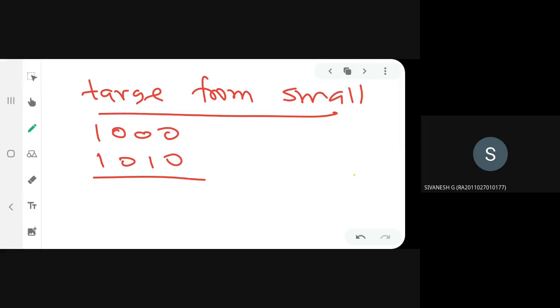Next case: what if we are to subtract a larger number from a smaller one? Again, you are being given two numbers. Which one is larger and which one is small? The second one is larger. This one is a smaller number. So I am trying to subtract a larger number from a smaller one by 2's complement, not by 1's complement. Again, I will retain the top number, the same number, and for the second one I will take the 2's complement.